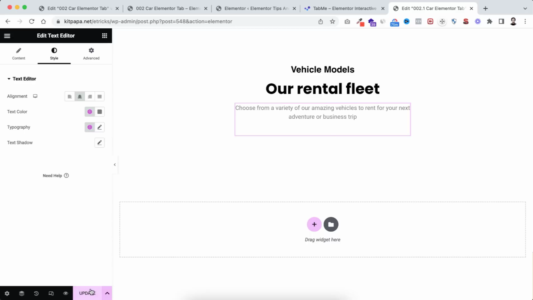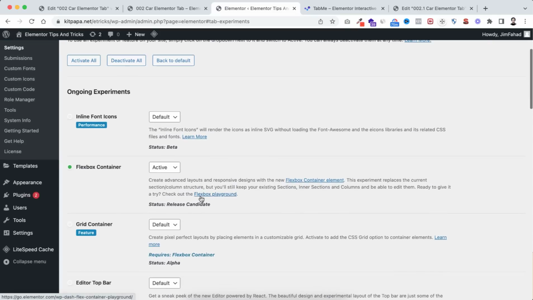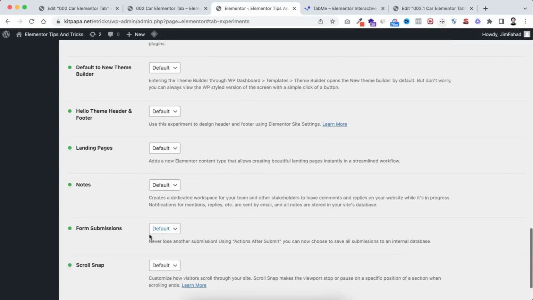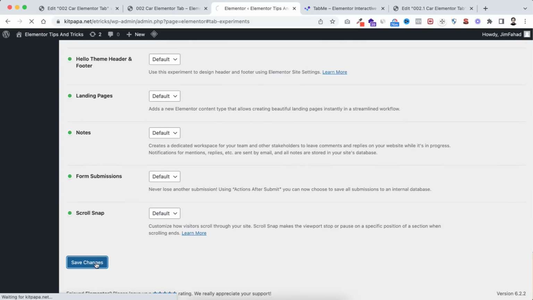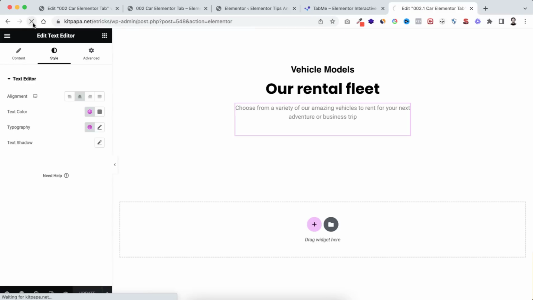So first of all, let me save this page, and if I now go back to our WordPress dashboard, and from under Elementor settings, let's go under the features tab, and from here, like I said, we have enabled our flexbox container, and also we need to enable the nested elements. For example, if I just disable the nested elements, so from here if I make it inactive, and let's now click on save changes. Now let's go inside the Elementor page builder, and if I now refresh the Elementor page builder,